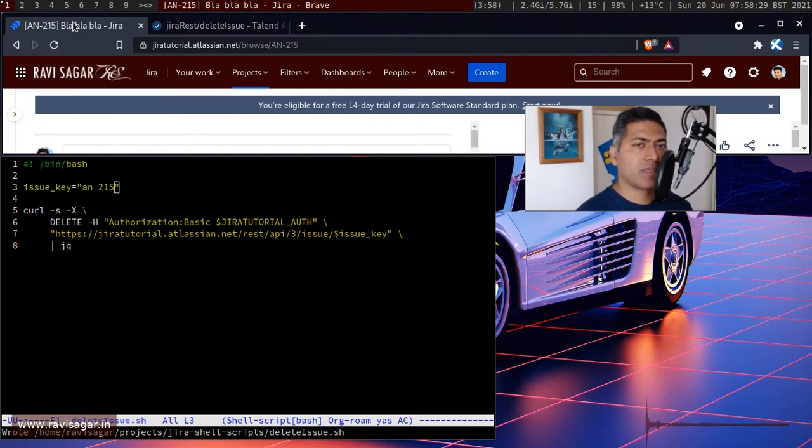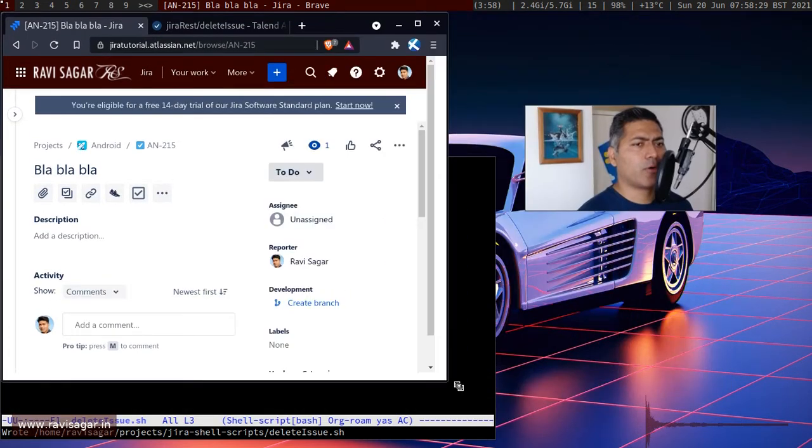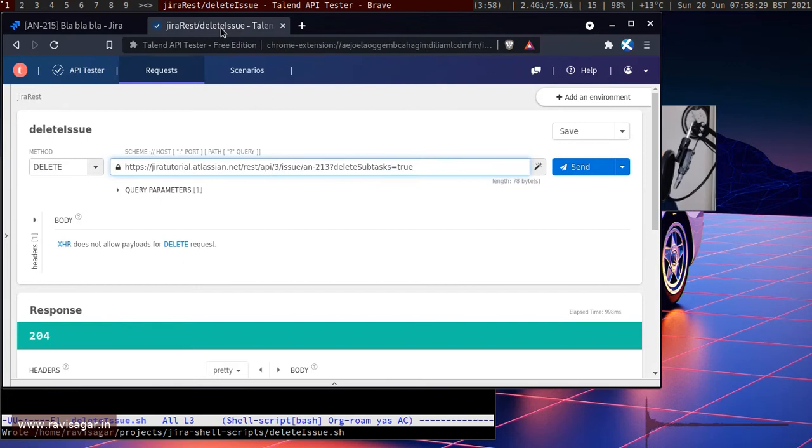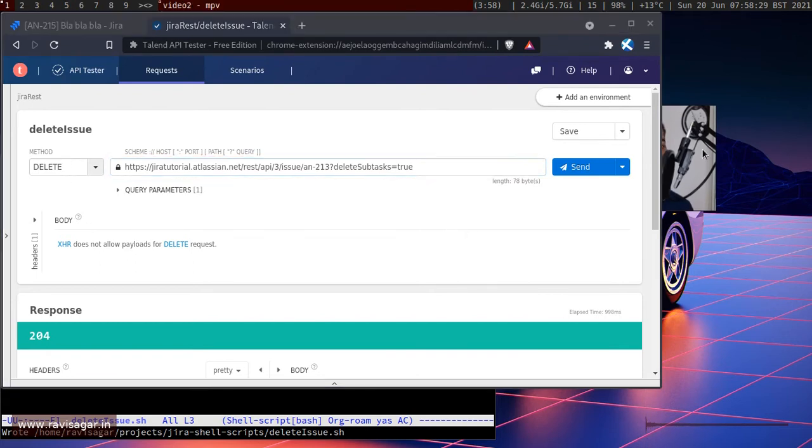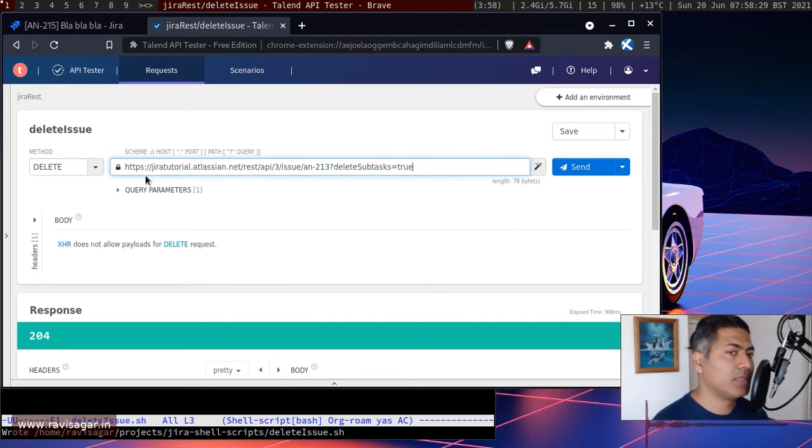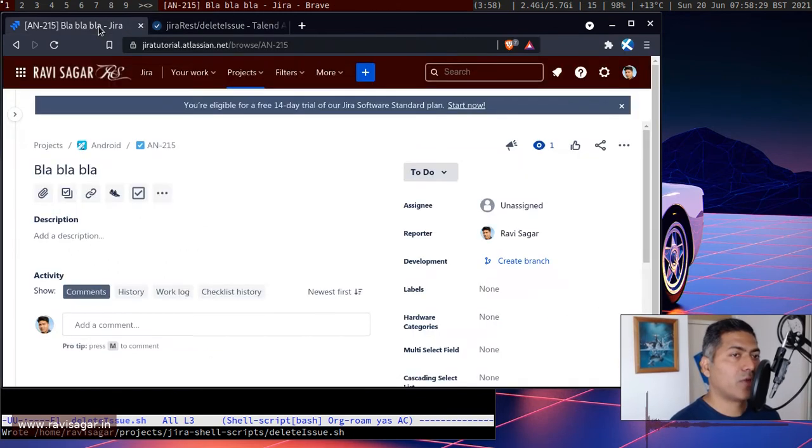So what I was thinking is I will show you this endpoint. I have been talking about, by the way, different endpoints, especially for Jira Cloud. And to delete an issue, you have to basically use this method called delete. And this delete method is basically using the same endpoint that you might be familiar with, which is nothing but REST API 3 issue. And then of course you have to pass in the issue key here. So let us say you have to delete this issue called blah blah blah, which is definitely I want to delete because it is something that I created for testing.